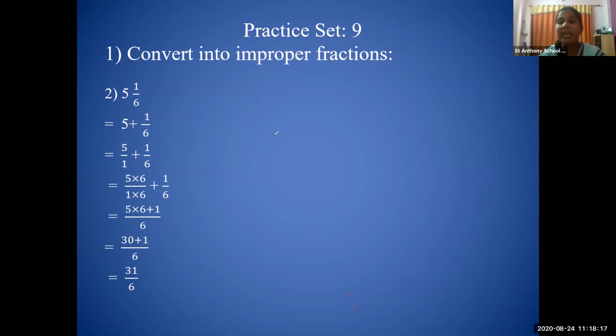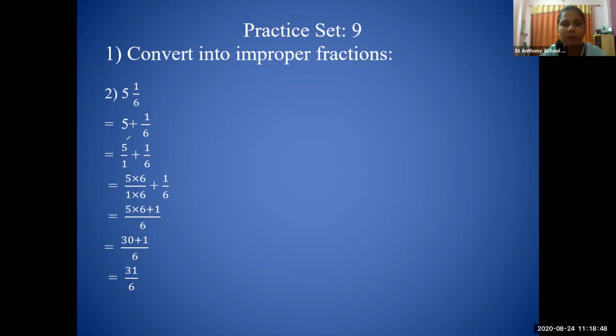So in this way, if both the denominators are the same, then we will directly add the numerators. But if our denominators are different, then we cannot add the numerators. हमारे denominators अगर same हैं तो हम numerator को add कर सकते हैं. But if our denominators are different, then we have to convert the different denominators into the same. हमको उनको साथ में लाना है.